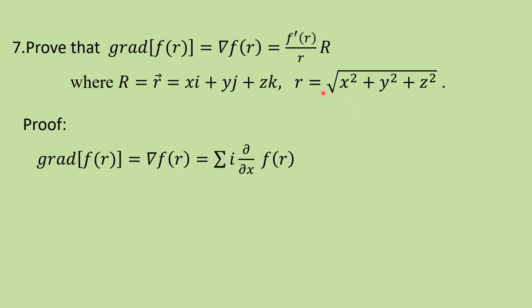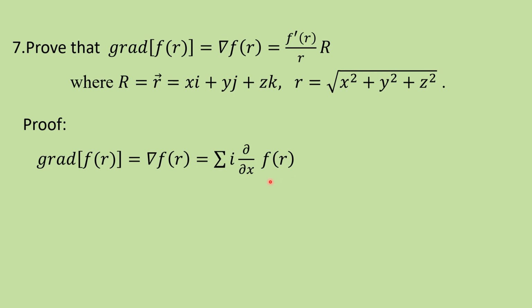So here r is anyhow symmetric: square root of x square plus y square plus z square. What do you mean by symmetric, student? If you replace x to y, y to z, a function of x comma y comma z is nothing but function of y comma z comma x. It is unaffected. Even if you change x to y, y to z, z to x in a cyclic order, the function is unaffected. In such case, we can restrict to one of the partial derivatives.